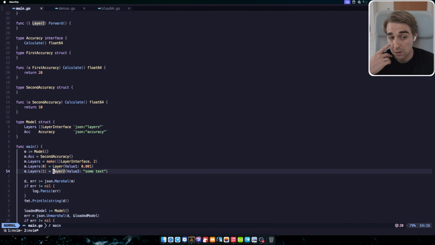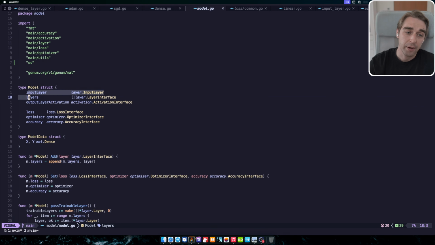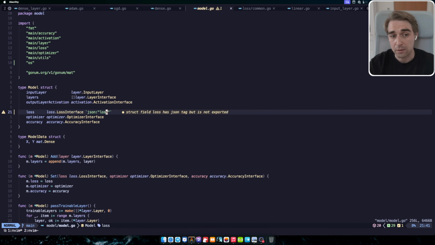But since I'm using interfaces, it doesn't understand what it means. It means that even if I attribute it correctly, like here and here and here, like JSON, whatever,